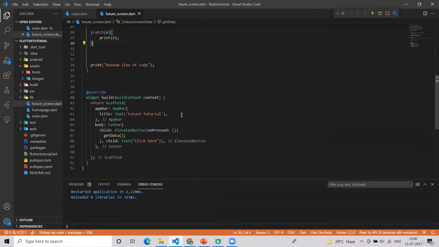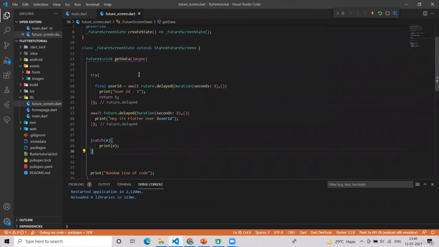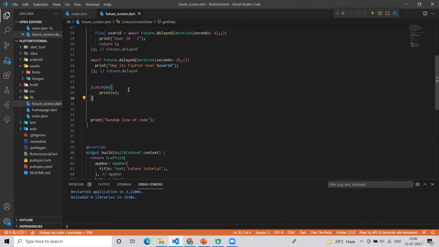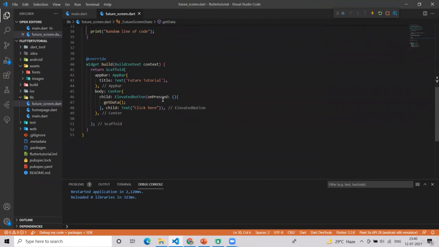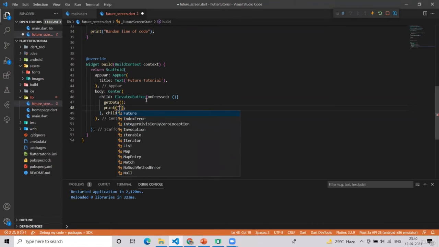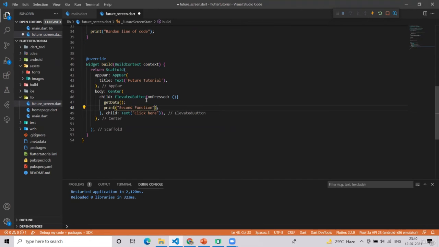And async doesn't mean only you have to create this kind of separate function. Now suppose we have this print second function. Now what will happen?